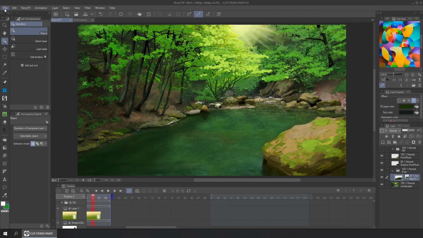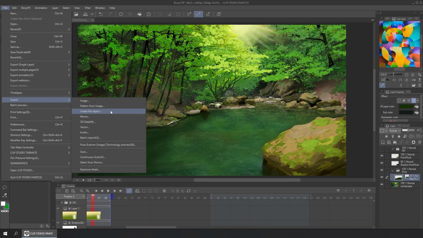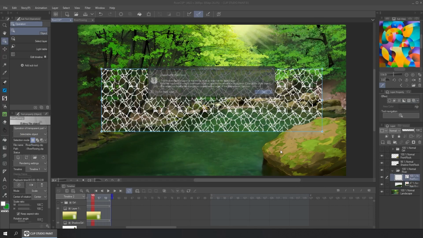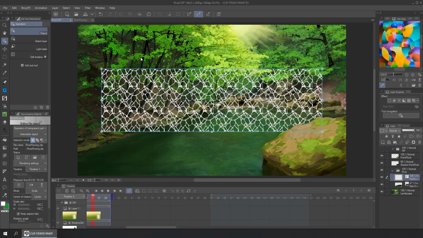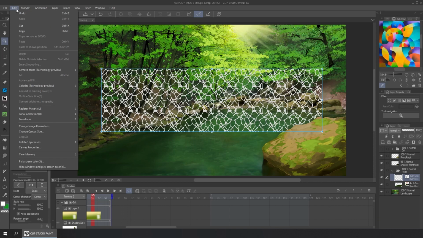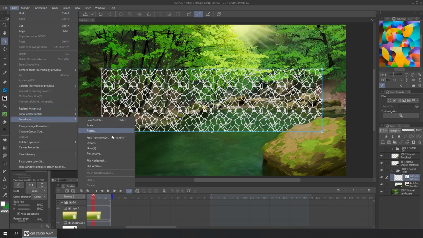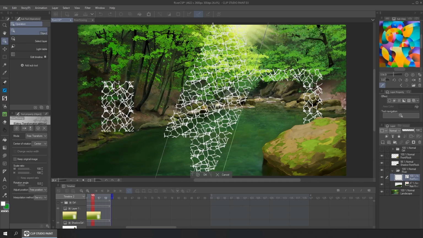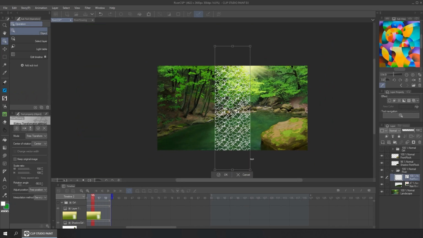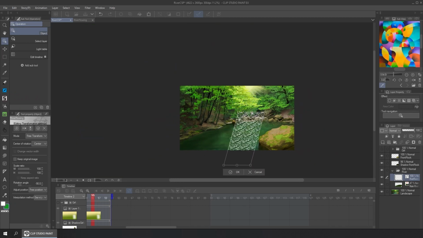Let's bring the file in File, Import, Create File Object, and using the Distort tool, it can be found in Edit, Transform, Distort. We can change the perspective of the water to match the one of the river.